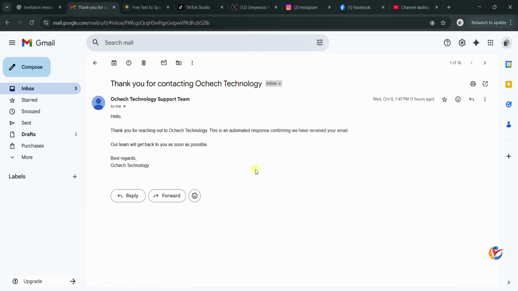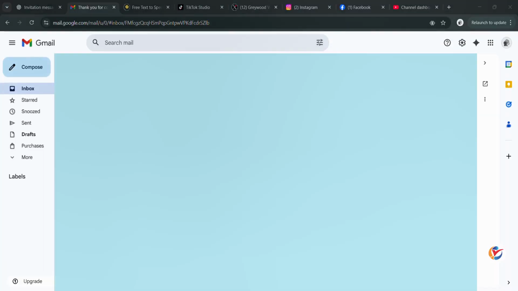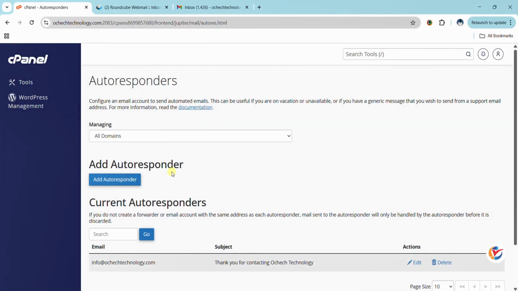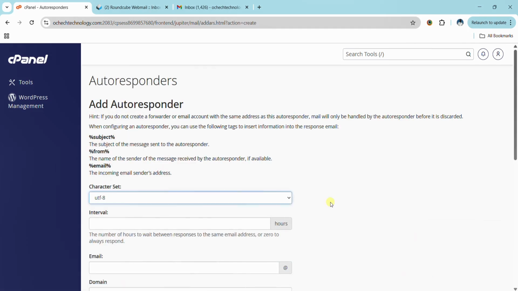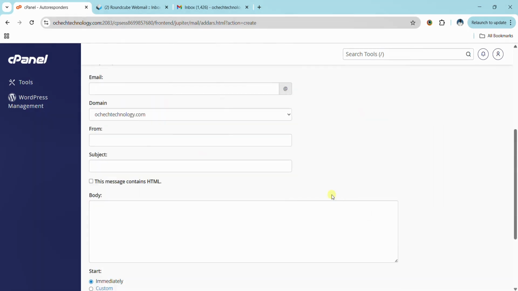Let's go back to our cPanel and let us configure the one for vacation. So we'll click on add autoresponder. And this time we're also leaving this at 0 hours. Like I said, you could play with this, you could increase the hours. And then this time we're going to be using sales at check technology, and we're going to be saying from